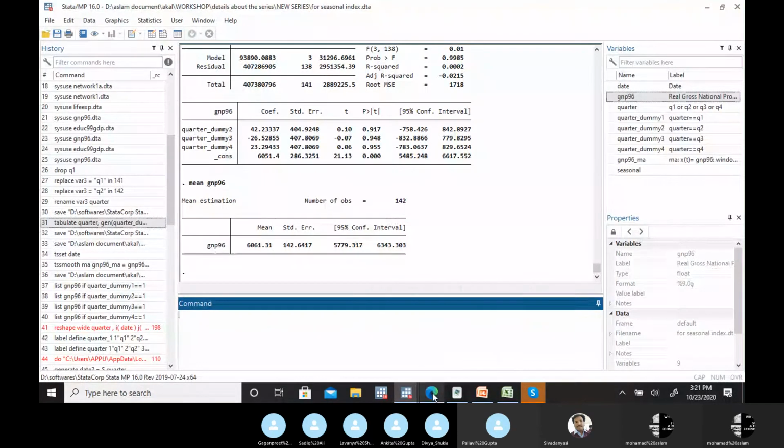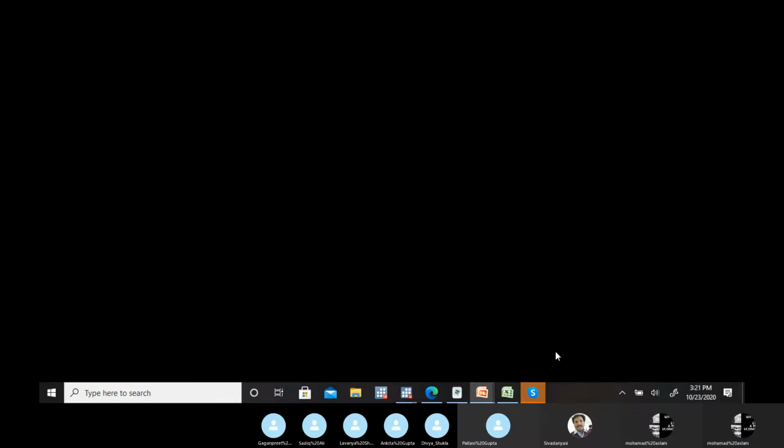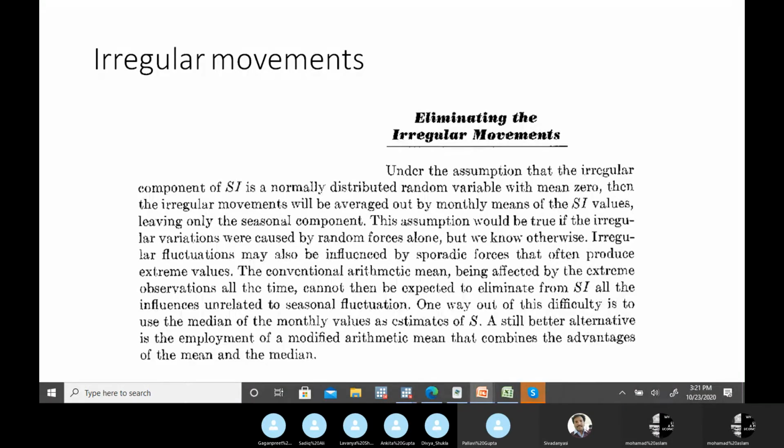Now, after the seasonal impact, the last part we have is the irregular component. The important thing is how we eliminate the irregular movements. One method to eliminate this irregular movement is to find this seasonal change, and then with the seasonal change, make a modified arithmetic mean of the seasonal index.